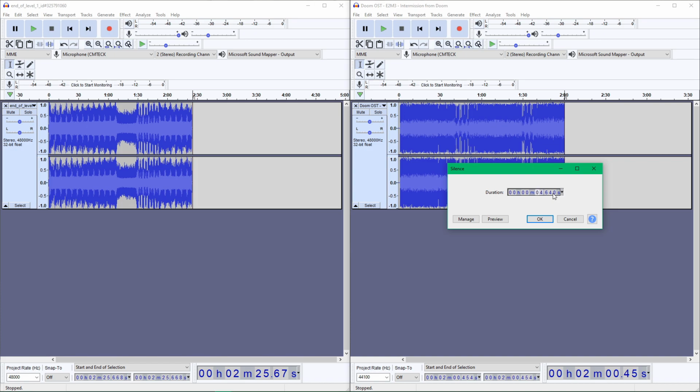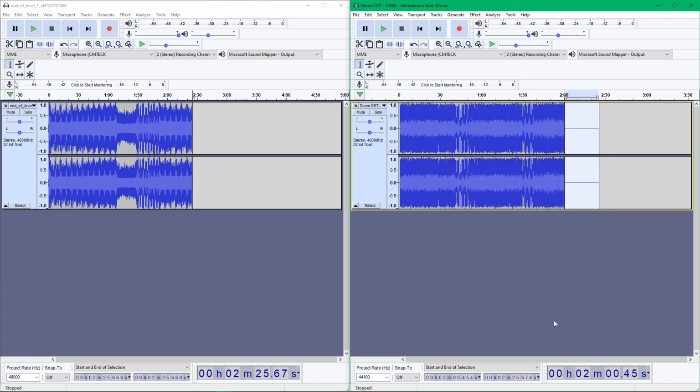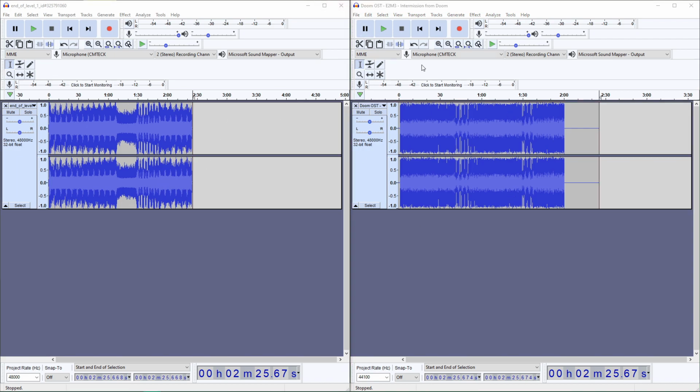We're going to want about 25 seconds, and then we're going to want, what is that, 22 milliseconds? There we go, and if we click at the end here, yep, exact same length on both. You can just click on this black line to get rid of it, and now they're the exact same length. Now that we've matched up our two songs properly, again, you're going to want to open up your workspace and